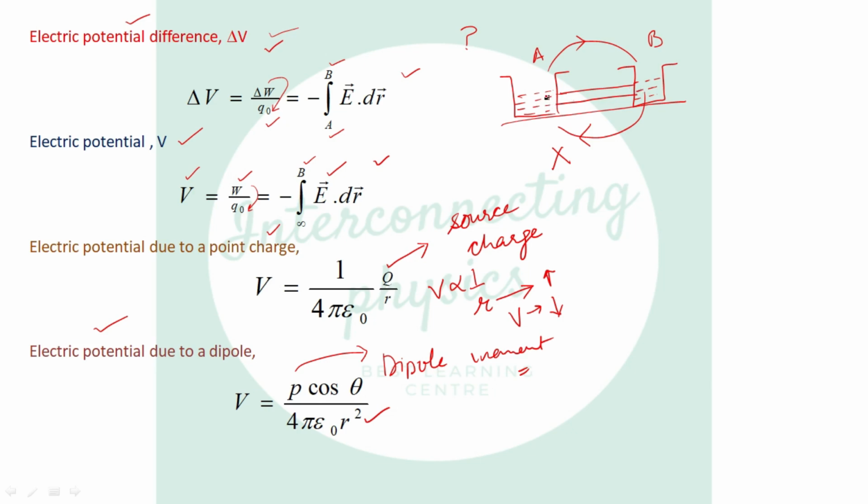So if you want water to flow from A to B or B to A, then we have to raise one beaker's height. Suppose we have raised beaker A and beaker B is at a lower height, and again they are connected with some pipe. Now you see, water will flow from higher height to lower height.